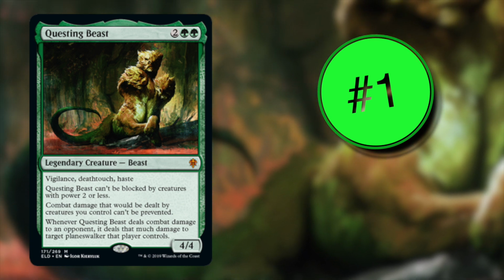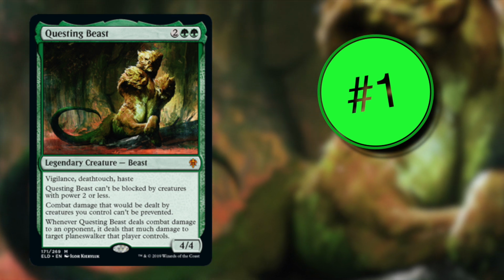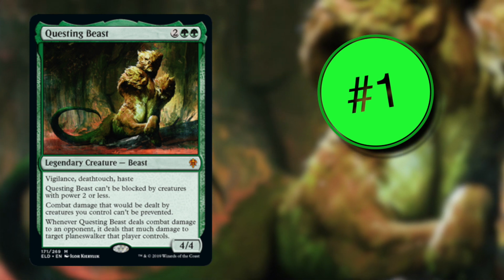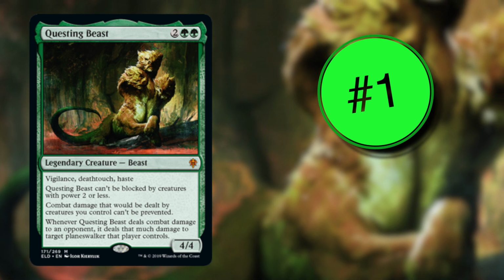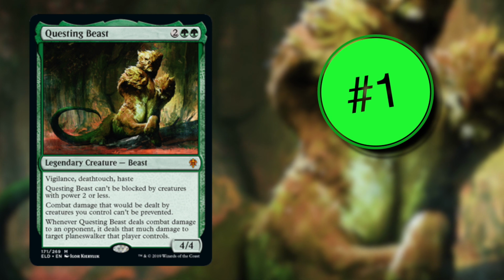So the planeswalker one doesn't really matter, but if it does happen, that's nice. Hey, they have a planeswalker, you hit them, it hits the planeswalker too. Not gonna happen, but once in a while, maybe. Combat damage can't be prevented. Don't really see that happening either. It's the can't be blocked by power 2 or less that's nice, because it means it can't be chump blocked